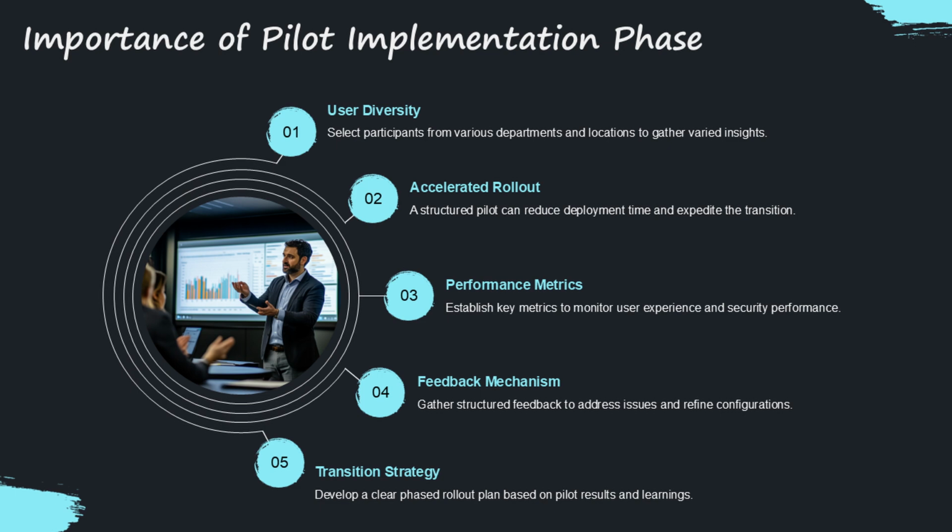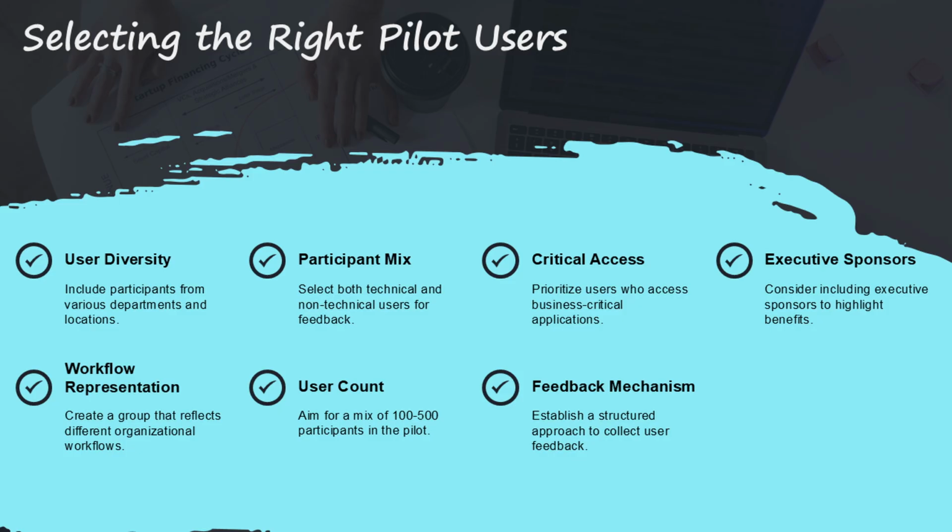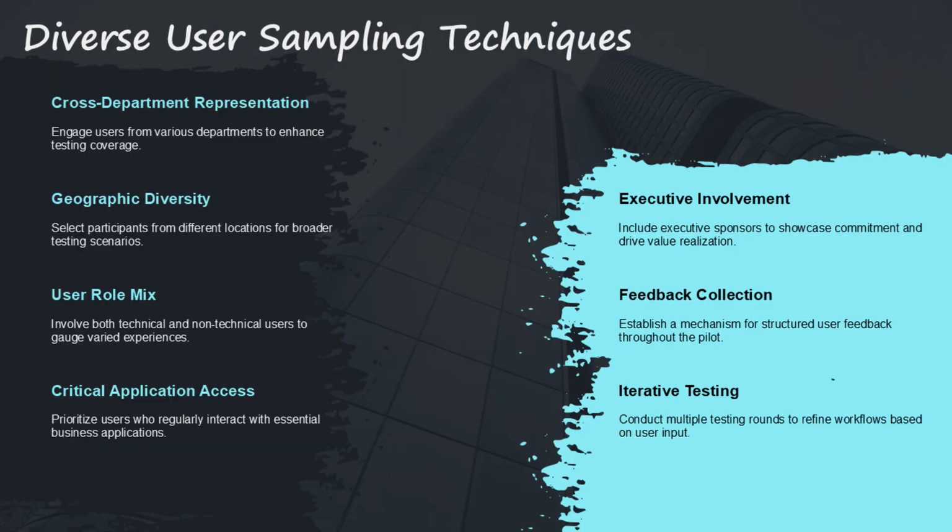The success of a Zscaler pilot largely depends on choosing appropriate participants. It's important to include users from different departments and geographic locations to test diverse use cases. Also, select a mix of technical and non-technical users, typically between 100 and 500 participants. It's a good idea to prioritize users who access business-critical applications to validate performance, and consider including executive sponsors to